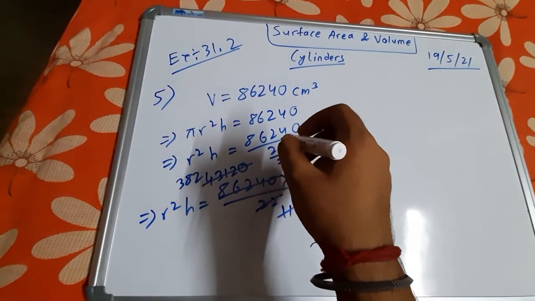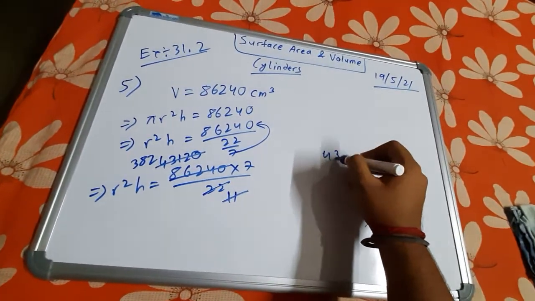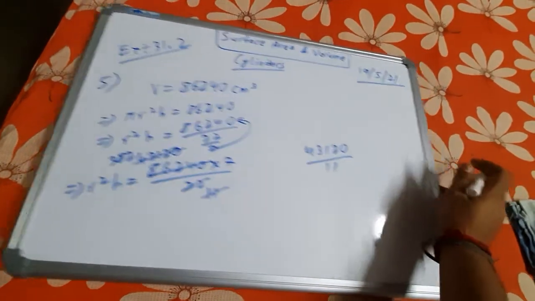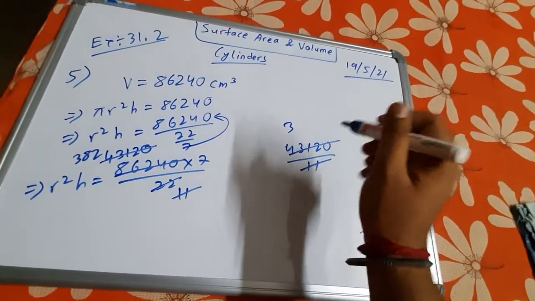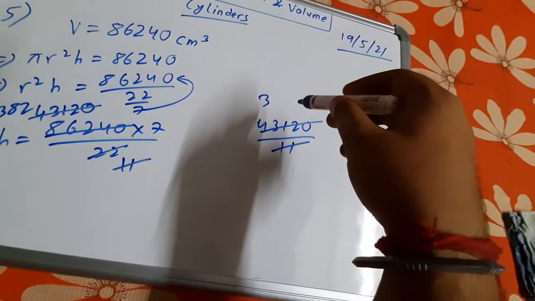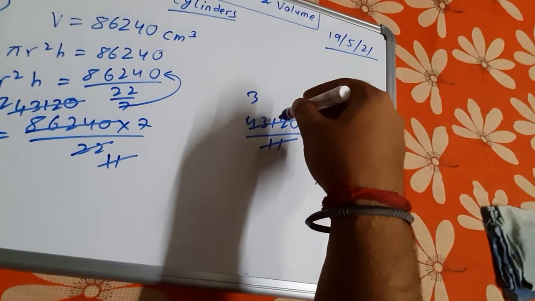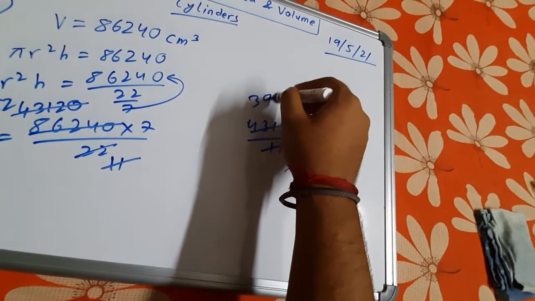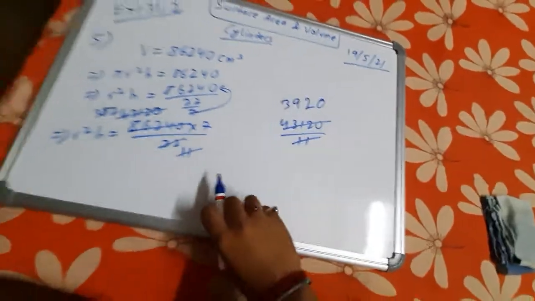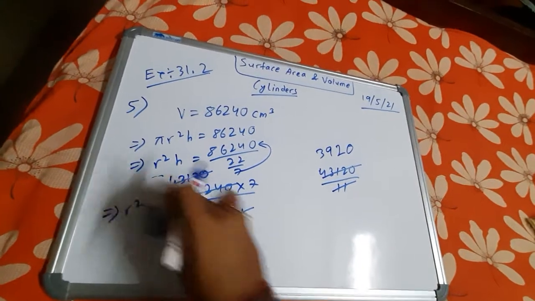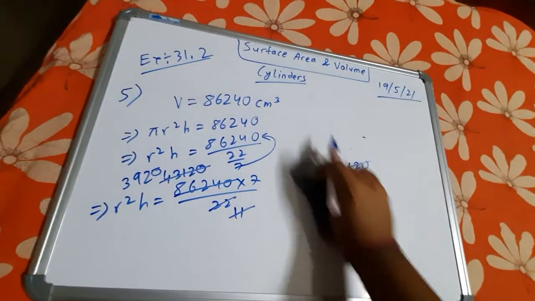Is it divisible by 11? Let's actually divide it. 43120 by 11. Okay, so 11, I can cut it with 3, so it will become 33. Okay, there was a mistake. Now 43 minus 33 will become 10 and 1, so it will become 99. So 22. Yes, it's coming 3920, not 38. It will be coming as 3920.